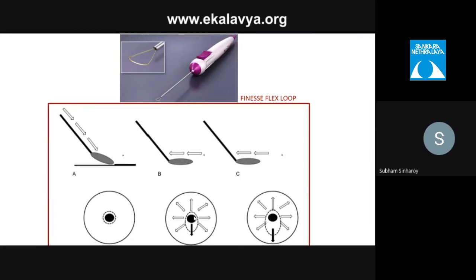With the help of a Finesse loop, they're trying to make the opening larger. They're trying in every direction to create the opening and make it larger. Once they feel the opening is large enough, they can try to induce the PVD. Once the cleavage plane is there, they can use either forceps or active aspiration with the help of a cutter.